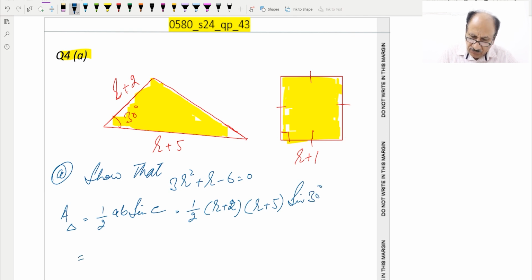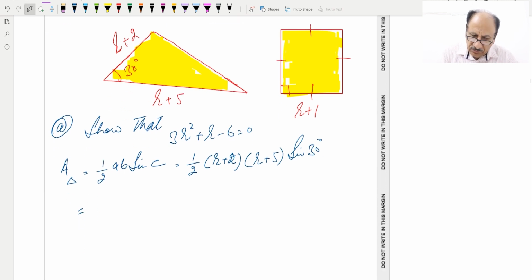And this one we can rewrite it as 1 by 2 as it is, and r into r will be r squared, and plus r into 5, 5r, and plus 2 into r, so 2r, and plus 2 into 5 will be 10. And sine of